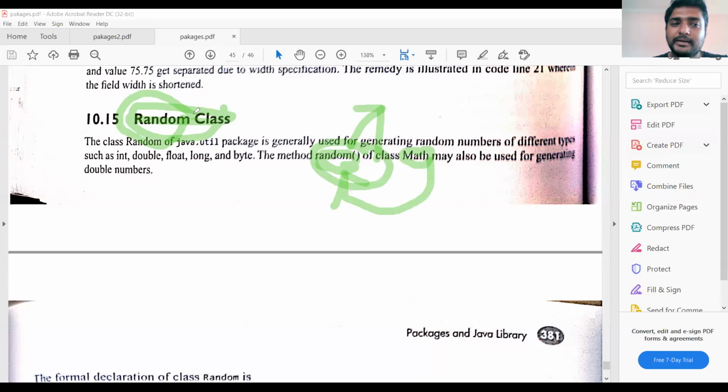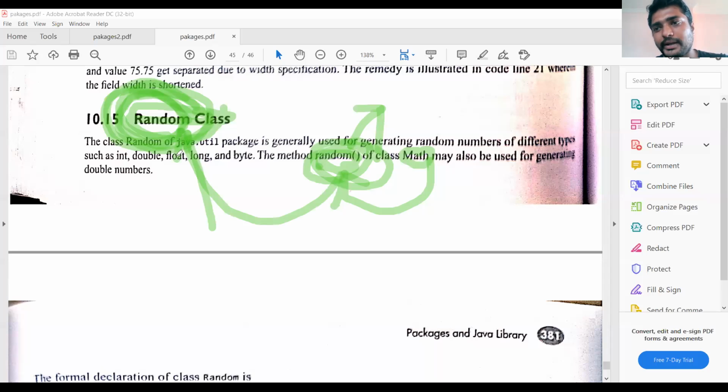That is okay, but we also have a class for random numbers. That means most of the features are covered here: the way you want the output, the way you want the random numbers to be generated. That can be done by importing the Random class. Even though we have the method random, the Random class has so many alternative methods to generate or create random numbers.